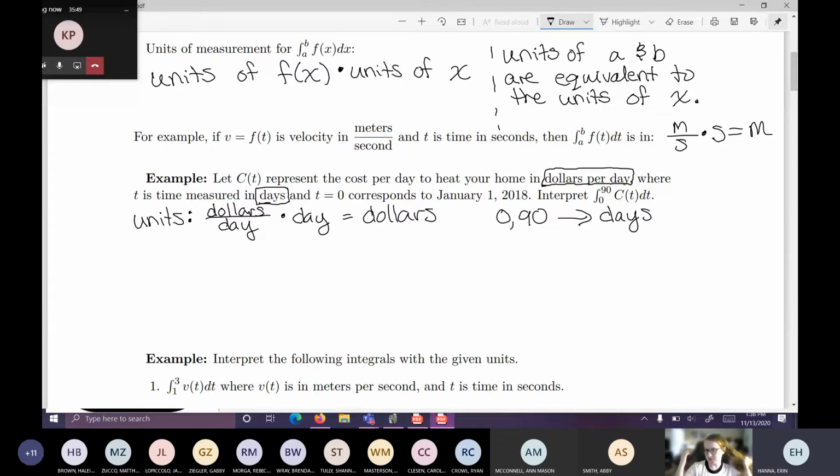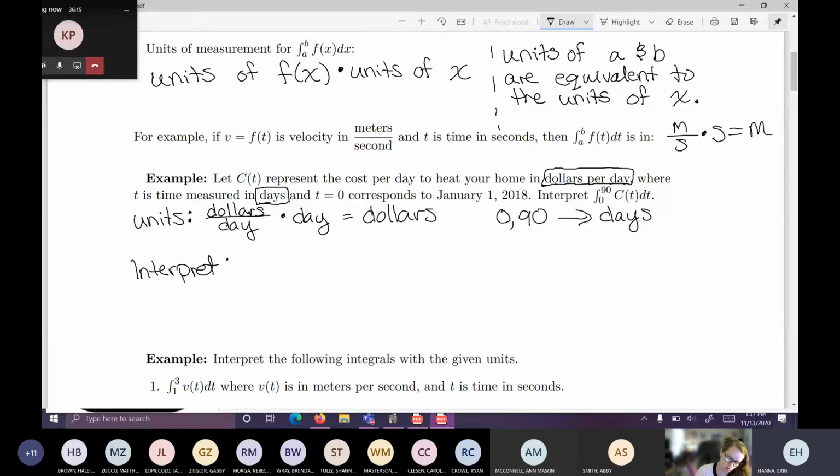Okay, so if we think about what this means, this is an integral from 0 to 90. So we're starting at day 0 and ending at day 90. So C of t is the cost per day to heat my house. So if I'm taking the integral of the cost per day, that's essentially going to tell me the total cost over that amount of days. So I can interpret this